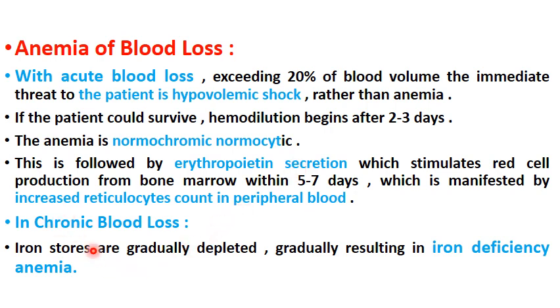The other type of blood loss is chronic blood loss. Iron stores are gradually depleted, gradually resulting in iron deficiency anemia, in the case of a bleeding peptic ulcer. The patient doesn't realize that he has a bleeding loss unless he has fatigue, pallor, easy fatigability, fatigue on exertion, tiredness, loss of concentration when he is studying, pallor, palpitation,